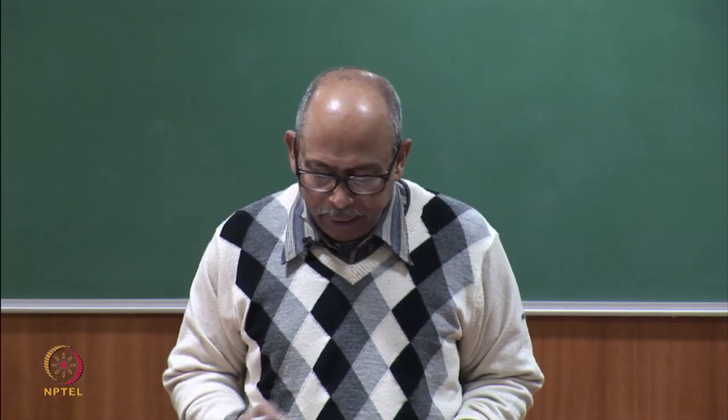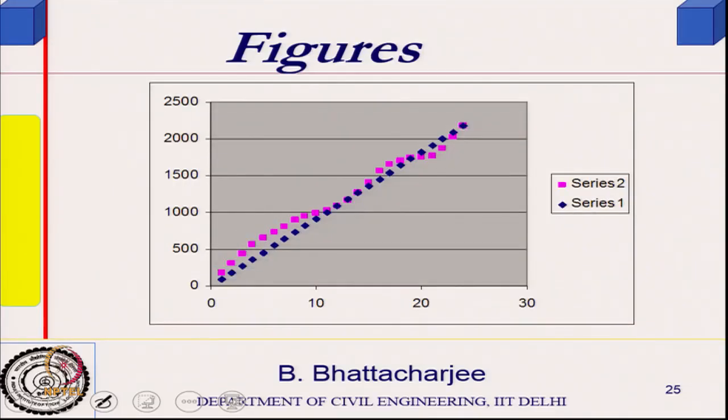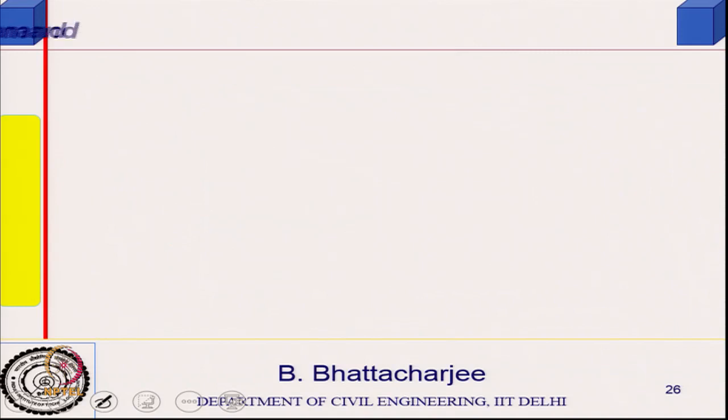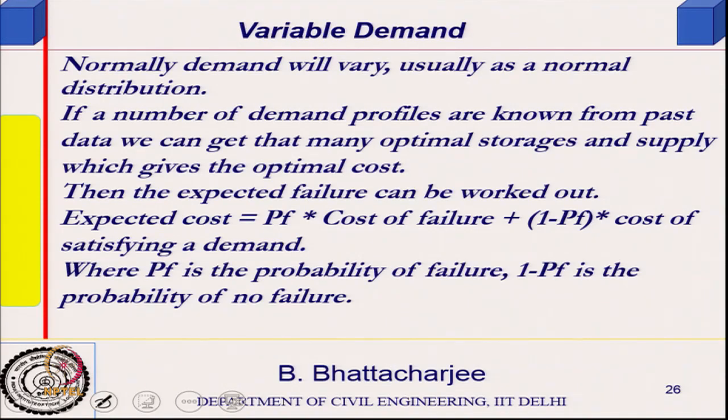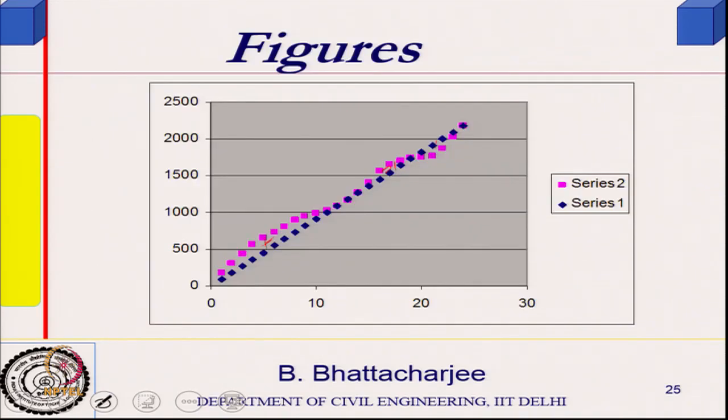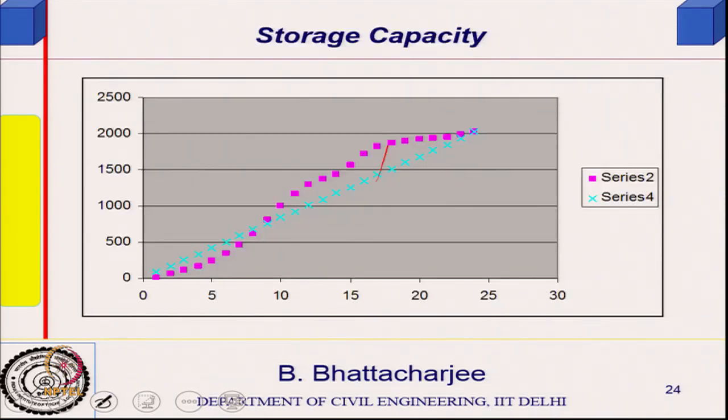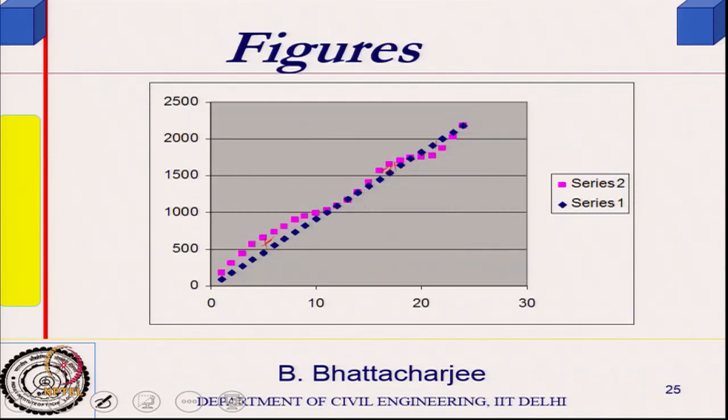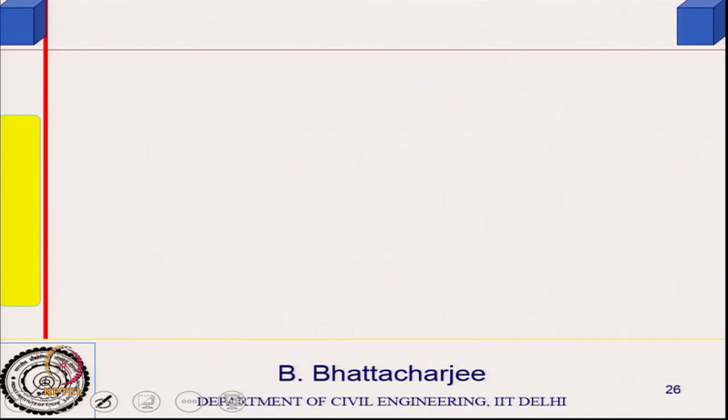Now, what I can do is change the supply rate in such a manner that it matches most of the demand, so that my storage reduces. But then I may stop, do it intermittently, and not supply constantly. You go on doing this, get a new supply rate, and you will get a new storage. That is what you can do to find the optimal scenario. So, that is how you go about getting supply and storage.